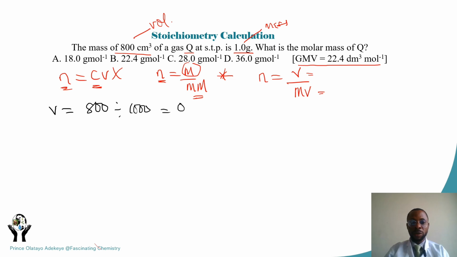That will give you 0.8 dm³. That's the volume. So applying that in this expression now, our N will be equal to 0.8 over the molar volume, which is 22.4. So from there, our N will be equal to